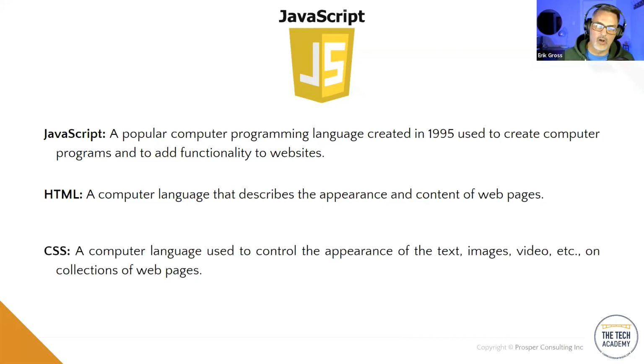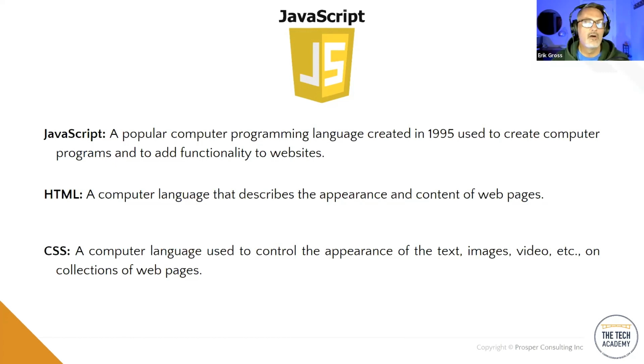A related technology is called CSS. It stands for Cascading Style Sheets. This is another language that you use, and what it does is it works not just on a single web page, but it can apply to huge collections of web pages. And you can use it to control the appearance of the text and images and video, etc., on large collections